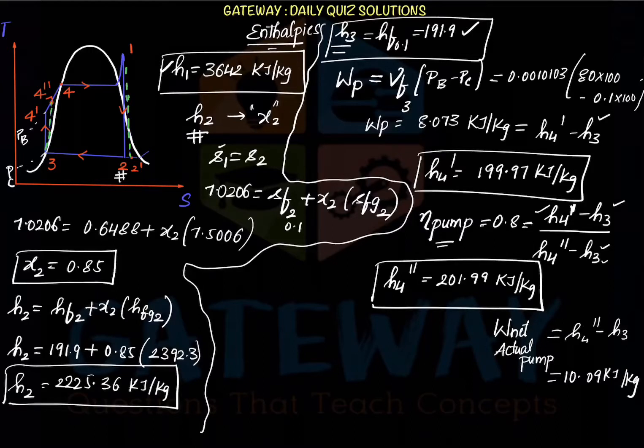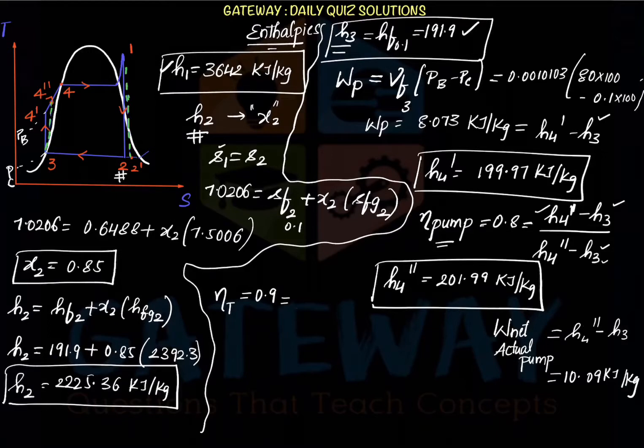Right. Now all enthalpies were known at all states, and at state 2 also we need to calculate. But here we'll do one more thing. Instead of calculating at state 2, we'll take the efficiency of the turbine. The efficiency of the turbine is given in the question as 0.9. The turbine's work is to generate power. If it has some irreversibility, it will generate less power. If it has no irreversibility and is an isentropic process, it will generate more power. So the more power is the isentropic process.